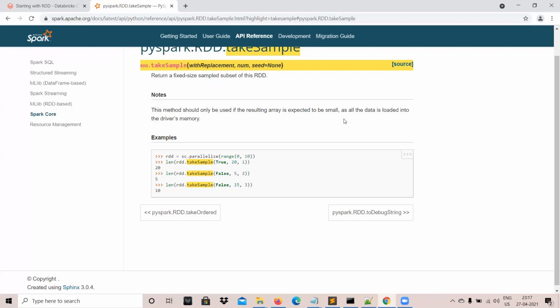The driver, or the machine which runs the job, works in this way. One type of process is understanding your code, breaking it into multiple tiny tasks, as we discussed earlier, a task being the smallest unit of execution, and making them execute on all your cluster resources. That is one piece.